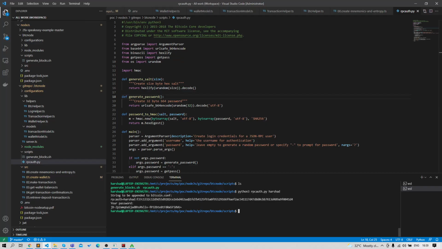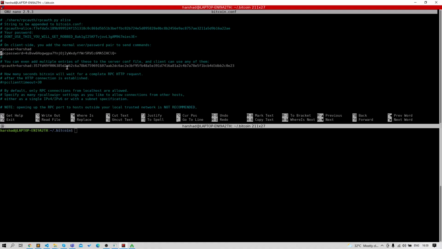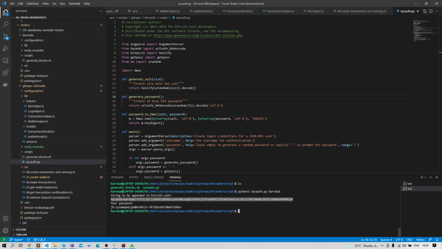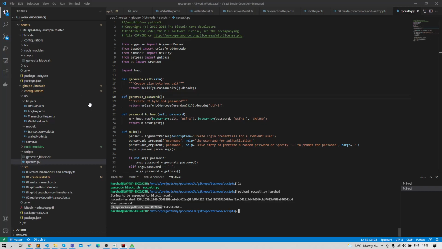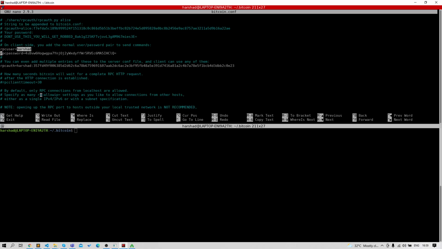Like RPC auth, we need to replace this line, and this password was generated automatically. So I have replaced that here also, and whatever username we have given as input, we need to give that username in this RPC user.